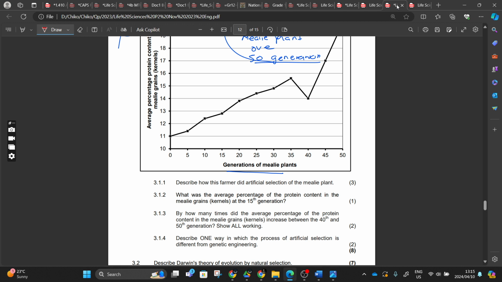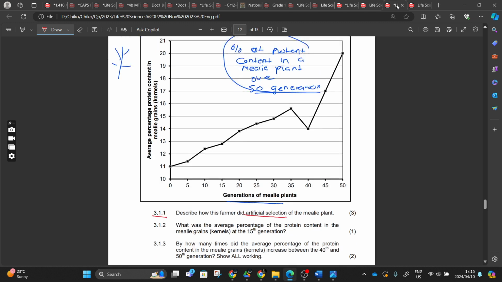3.1.1: describe how this farmer did artificial selection of the mealy plant. Just describe. It means that this farmer mated, or he interbred. When you say interbreed, it means we are combining two plants, because here we are talking about plants. So he interbred or he mated two plants